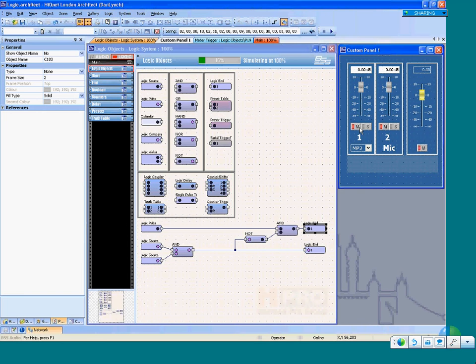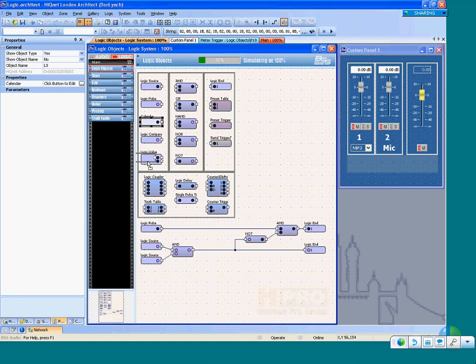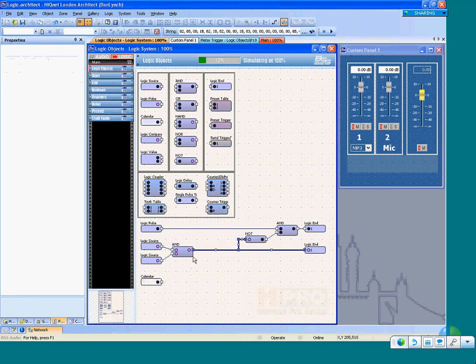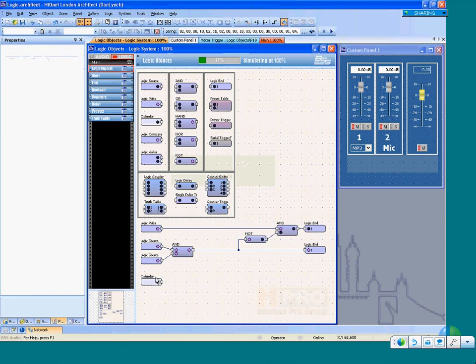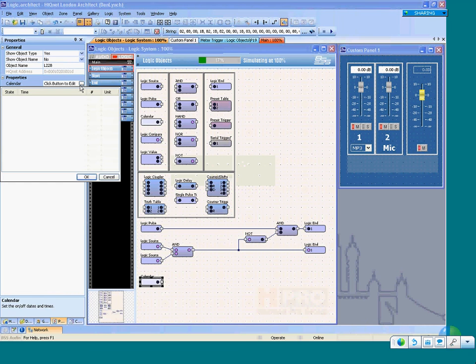What else can we do here? We also have a calendar processing object. Move this out of the way a little bit. What does the calendar processing object do? Well, it doesn't do anything based on the control panel. But if we look over in properties, it does quite a bit. We click on the button to edit. We can add triggers to the calendar object. Each trigger is an on trigger or an off trigger. Your choice. So I can tell this to turn on